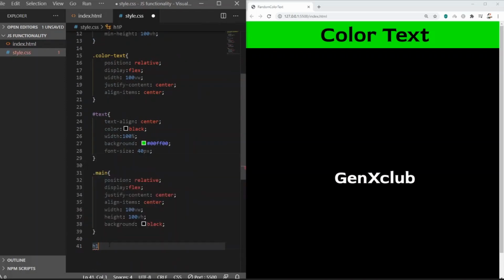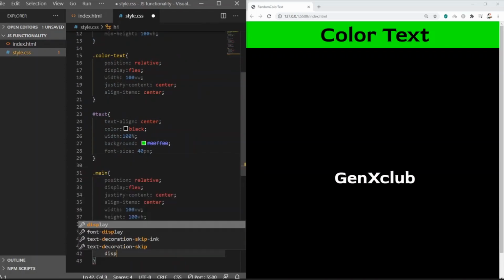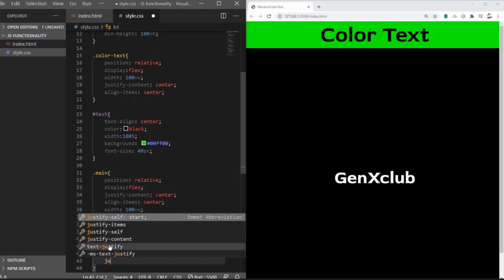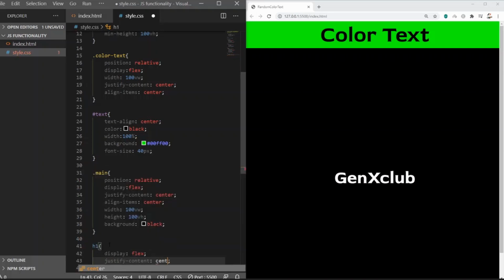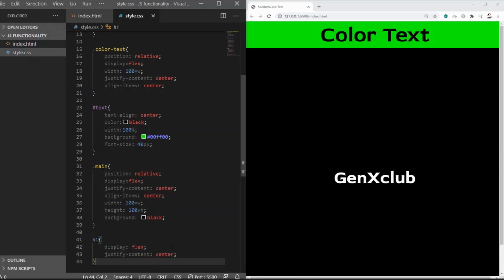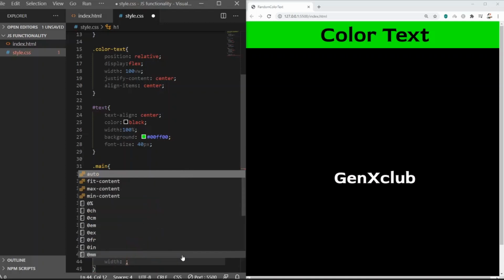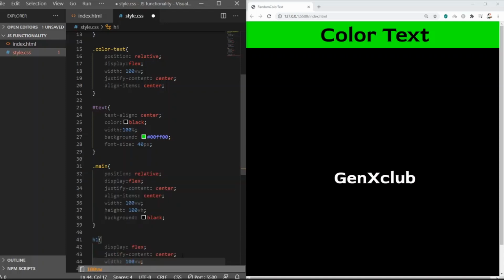So moving on, let's style the h1, setting the display to flex so that we can center the span tags. Let's give a justify content center and give it a width of 100vw.